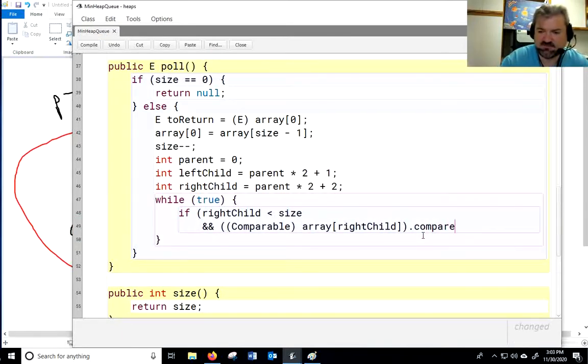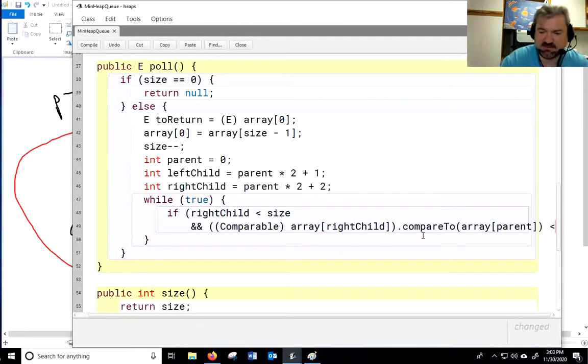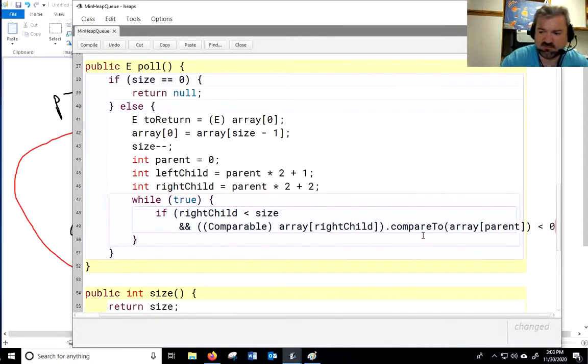Dot compare to array bracket parent is. Now they are supposed to be not smaller. This parent should be less than the child. So if this is less than that,